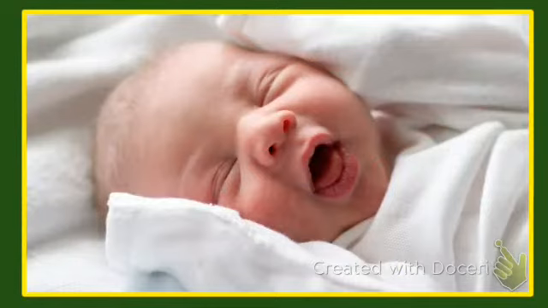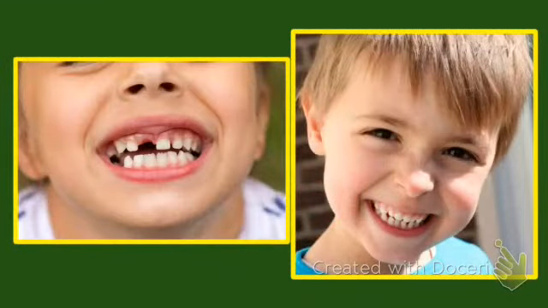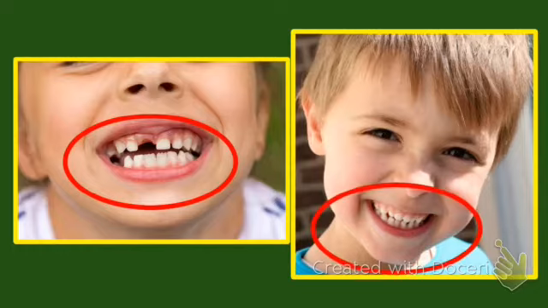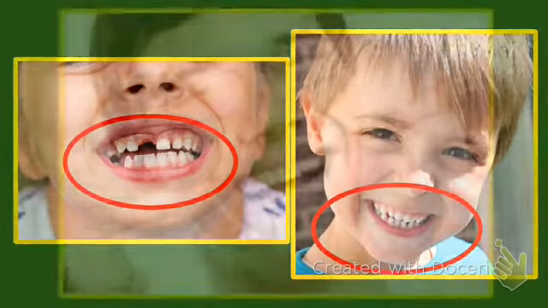Babies are born without teeth. See here, no teeth is there. Children have 20 milk teeth, but these teeth start to fall out by the age of 5 or 6, and that's why we call them temporary teeth. Now these teeth are replaced by strong permanent teeth. An adult human develops a total of 32 permanent teeth. Teeth are primarily made of calcium.